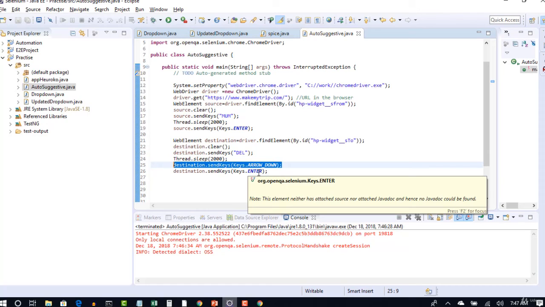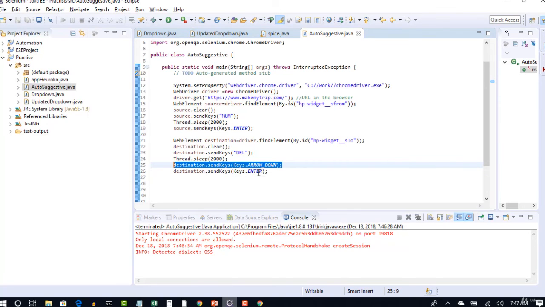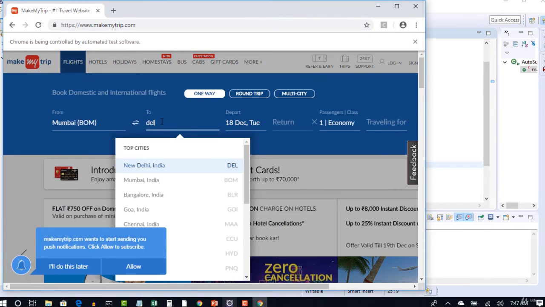That's what you are testing. If it is not displayed in the second place, the script should fail. Why? Based upon your characters, options should display in a certain order. That's the logic written for these auto suggestive options.